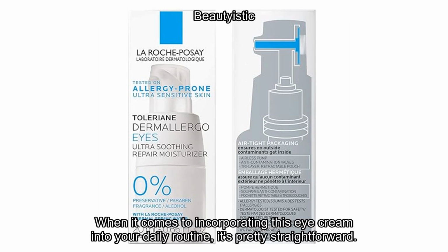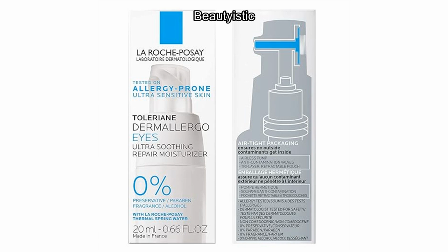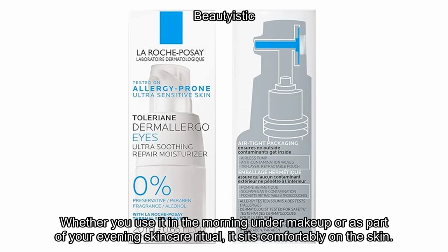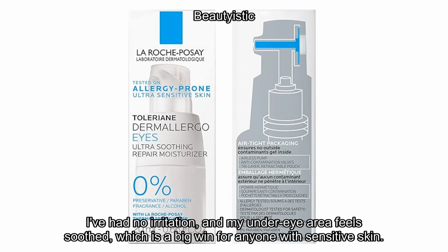When it comes to incorporating this eye cream into your daily routine, it's pretty straightforward. The cream itself has a lightweight texture. It's not too thick or greasy, so it absorbs quickly without leaving a heavy residue. Whether you use it in the morning under makeup or as part of your evening skincare ritual, it sits comfortably on the skin. I've used it for a few weeks now, and I can definitely notice a difference in the overall hydration level around my eyes. I've had no irritation, and my under eye area feels soothed, which is a big win for anyone with sensitive